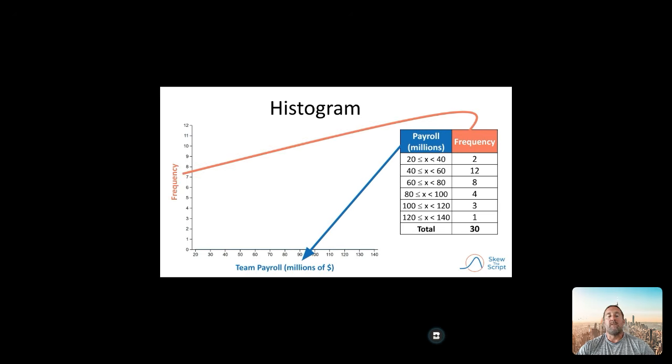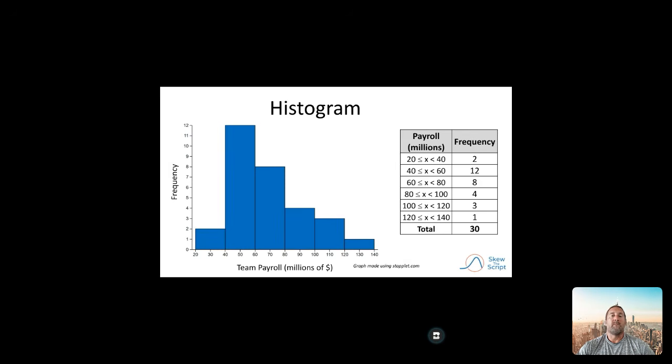We're going to use the x-axis to represent the variable we're measuring, the team payrolls, and we're going to use the y-axis to represent the frequency of different payroll values. When we do that, this is what we get, a visualization of these bins known as a histogram. You might notice that it's somewhat similar to a bar graph. However, unlike a bar graph, there are no spaces between the bars, indicating that we're visualizing a quantitative variable here rather than a variable with distinct categories.